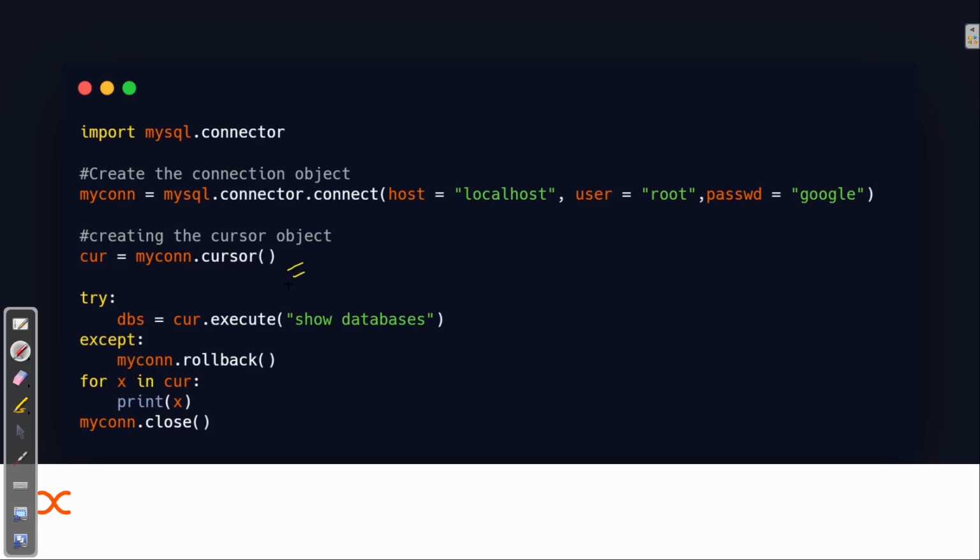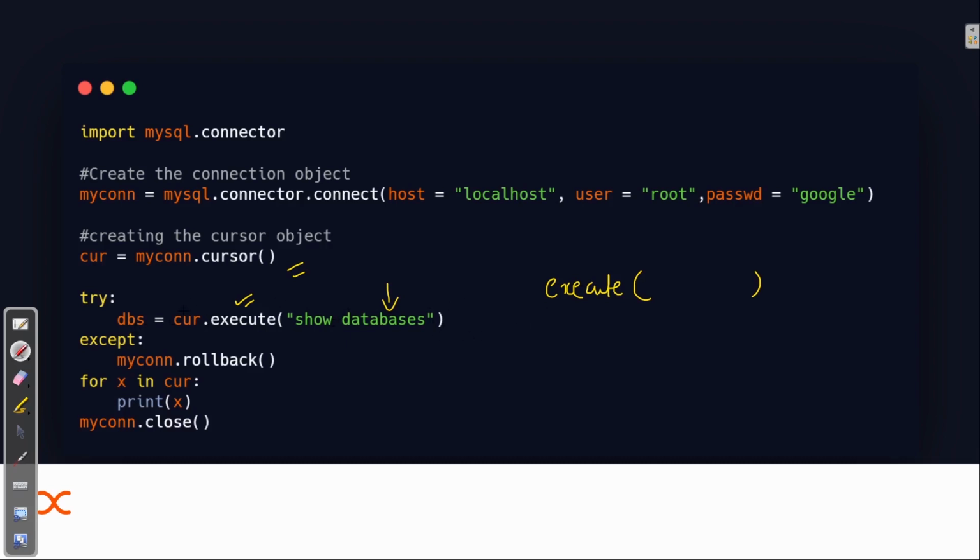I don't think I need to explain it till here. What I'm doing, I'm using try and except clause. Inside this try, I'm using this execute function. I have already explained that this execute function is used to execute the queries. Whatever query of MySQL we want to execute, you can pass it here. You can see the same line that we were using in MySQL, that is show databases. We are just writing that inside this. It will actually execute the MySQL queries.